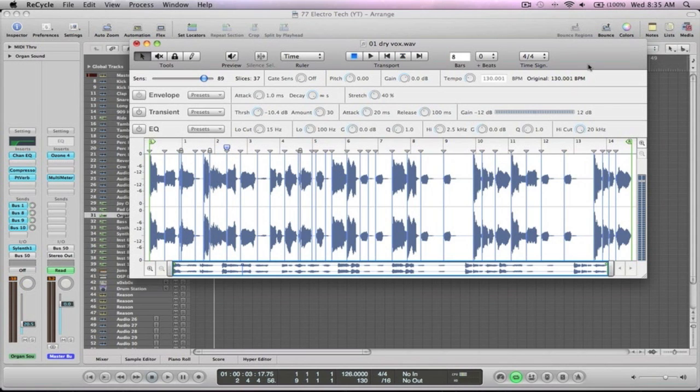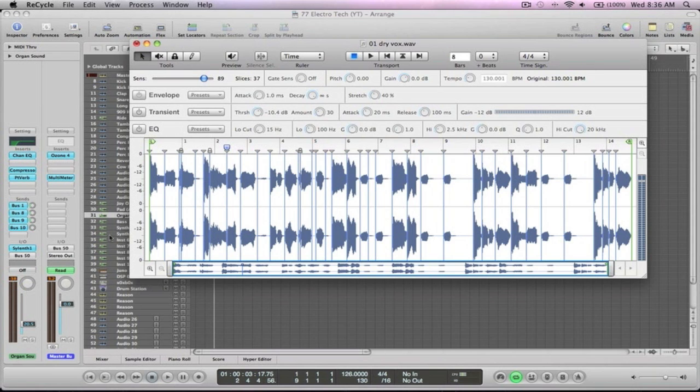You can do that in any program, but I just find it's a little bit faster and a little bit easier in Recycle. And when you export it, it exports all of those samples. You can do that to drum loops and stuff like that too. So if you've got any breaks that you really want to cut up, this is a really good way to cut it up. If you want to get out of your program for a while, like Logic or whatever, this is good just to do something a little bit different and to look at the audio a different way.